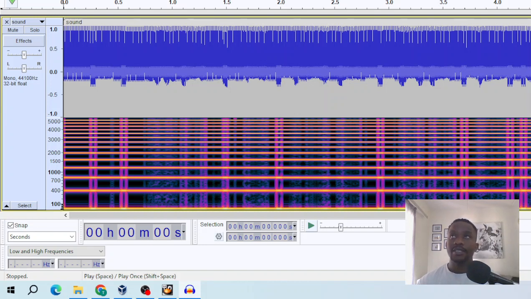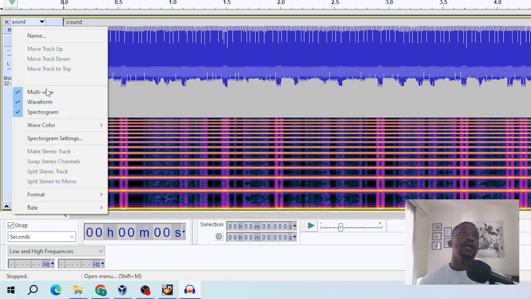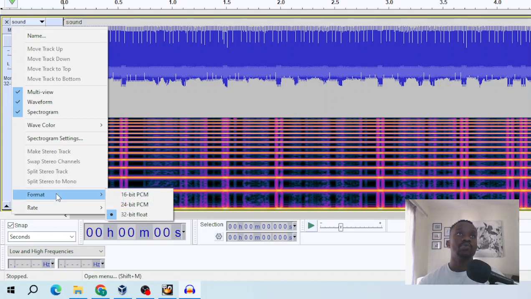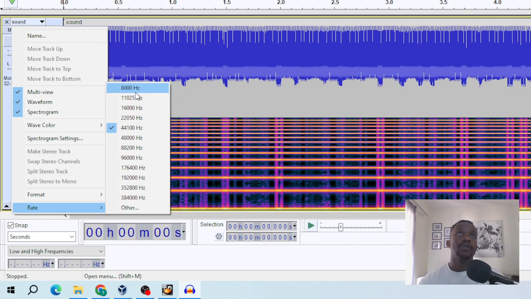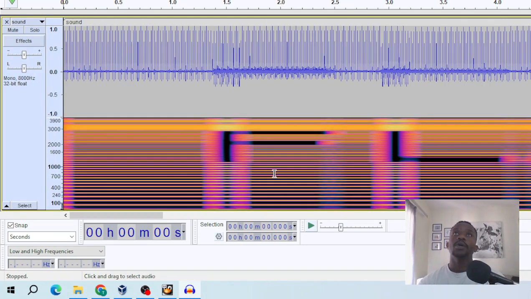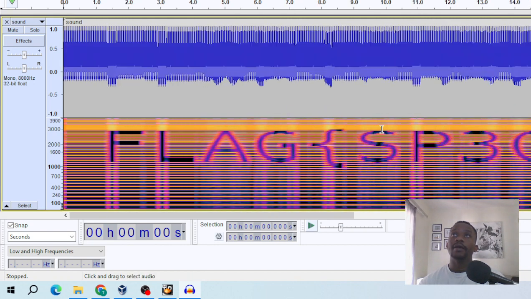So if you intercept it and you have an interceptor, you can capture the signal, and then once you capture the signal, you can try to analyze the message or any encoded thing, because that's how these secret intelligent institutions transfer information. So if that doesn't work, I'll change the frequencies. I'll go here, not that, and I'll go to format, maybe, or rate, and if I go to a lower rate, oh behold, there's FLAG